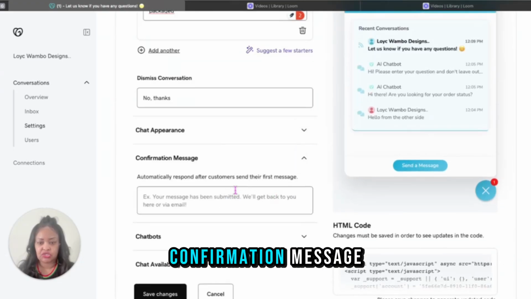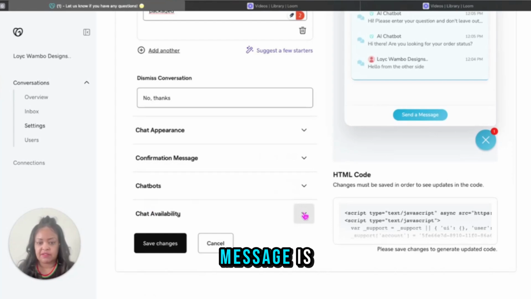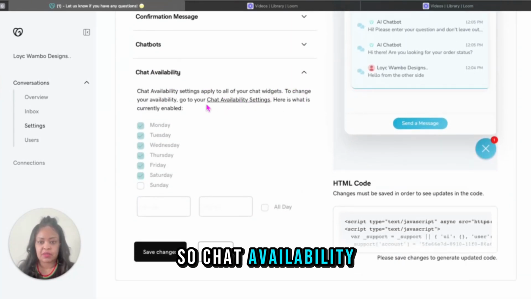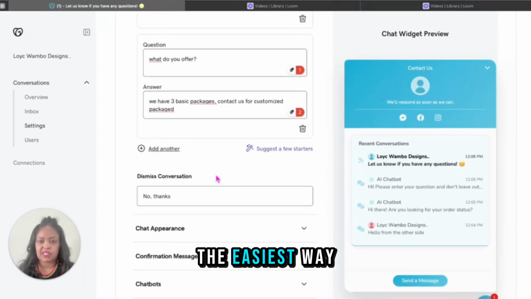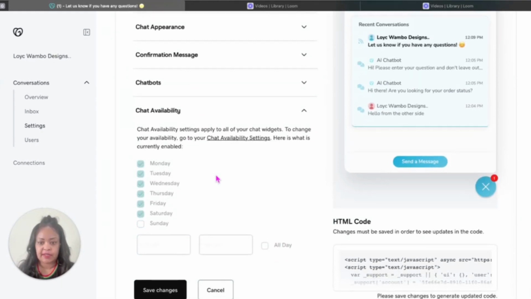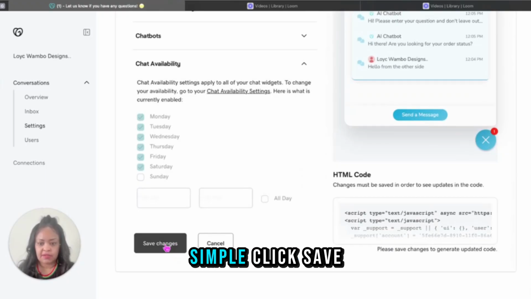Confirmation message. This one is optional. So for me, I left it blank. Chat availability. So chat availability is that one. But this is the easiest way to do the chat widget under GoDaddy. It's very easy, simple. Click save, and after I click save, I can copy this